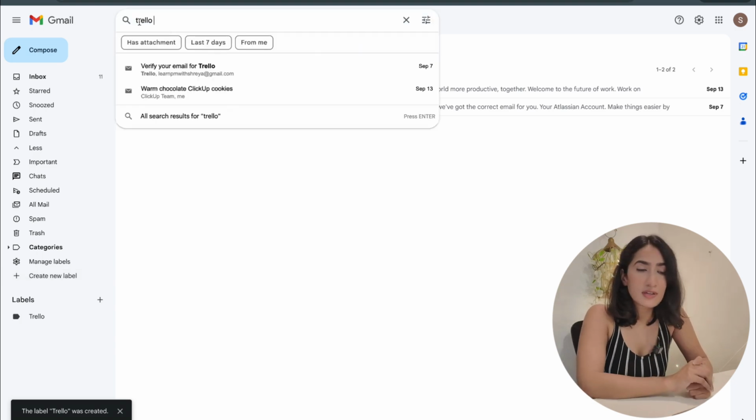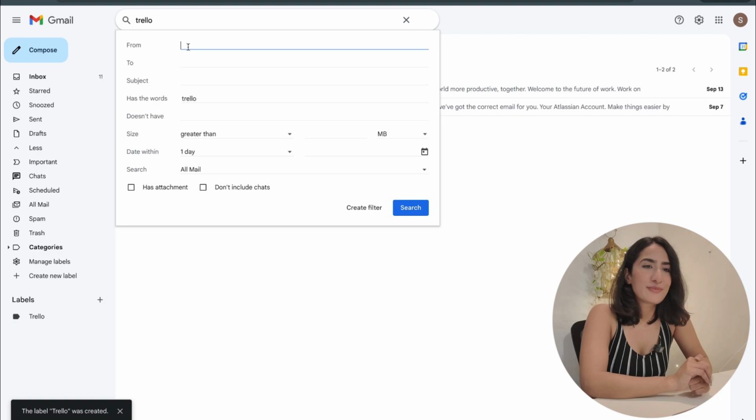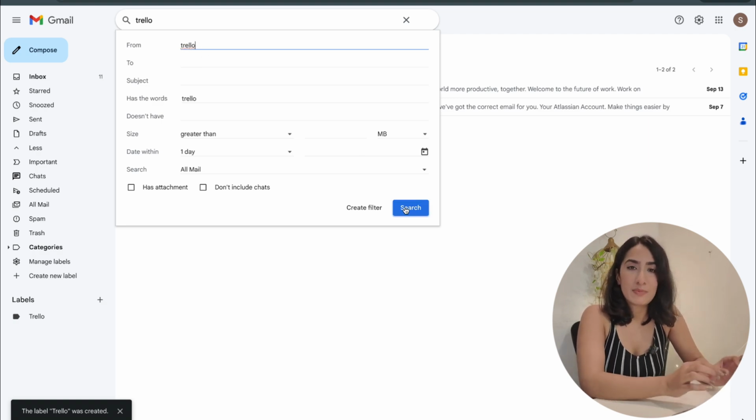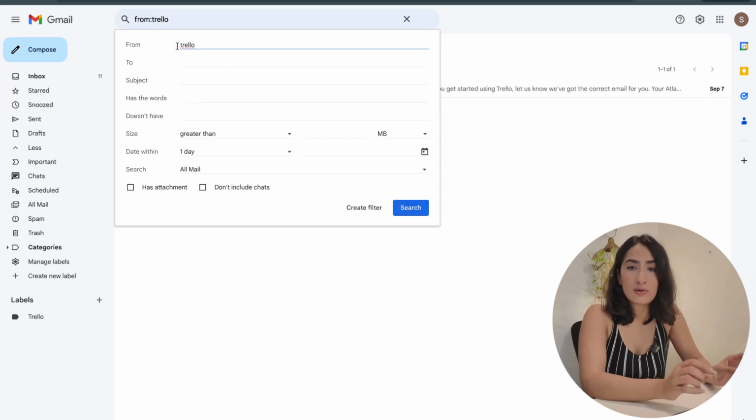The second tip I want to give is you will get a lot of emails from Trello if you have subscribed to the cards. So make sure that you create a separate label or a separate folder for all the Trello tickets that you're getting in your Gmail, so it stays sorted and organized.